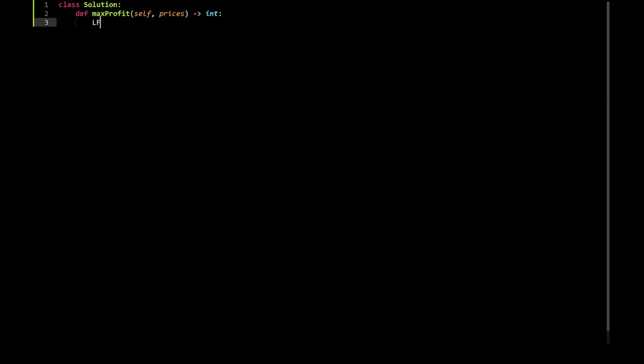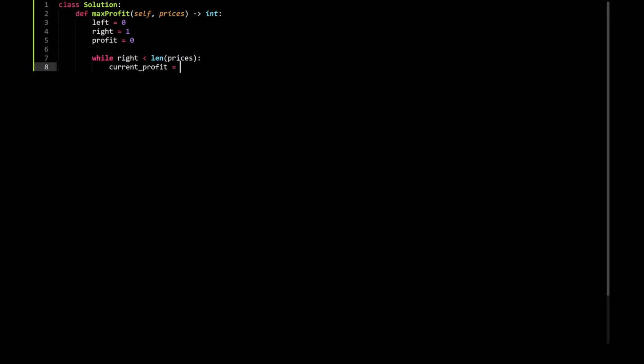I would say left is equal to 0, right is equal to 1, the element at index 1, and initially profit is equal to 0. And then I would say while my right pointer is less than the length of the prices list that I have, I want to say the current profit